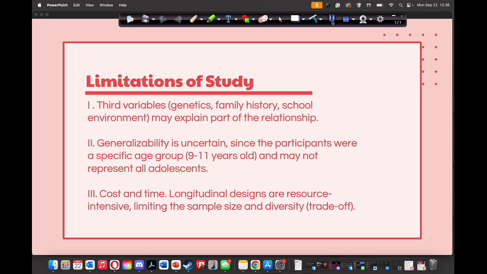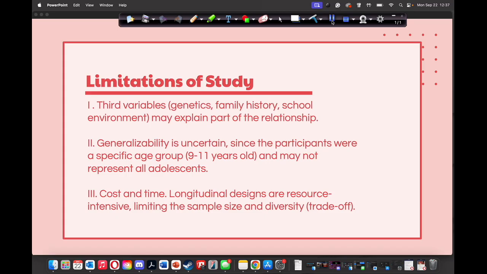So I thought it was interesting that they focused on children, sorry, that are between 9 and 11, because I believe that a lot of research focuses on teenagers, and focusing on adolescents that are not yet in their teenage years is quite interesting to me. I don't think I've seen too much of it, so I'm wondering if the study would be a bit different if they had used a population of teenagers for their participants instead.